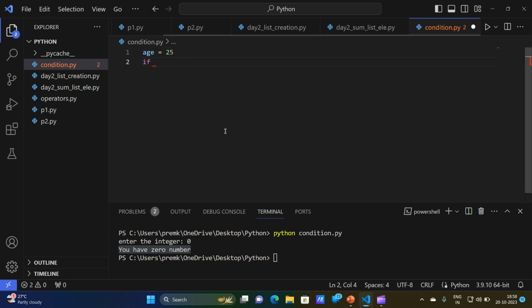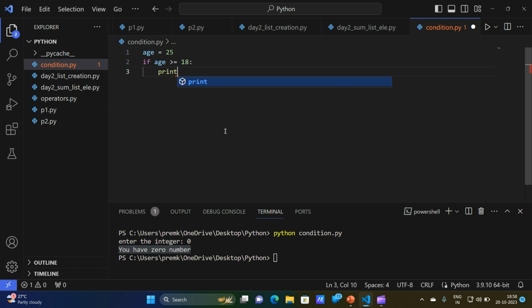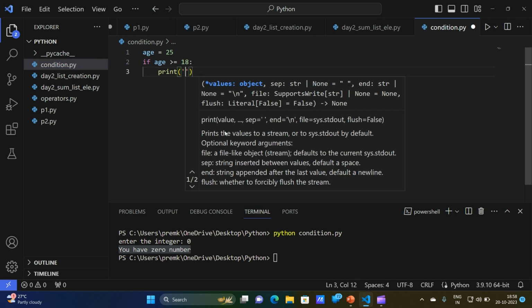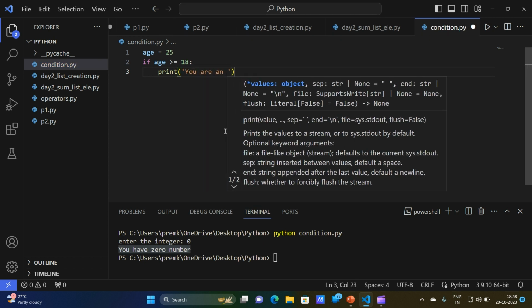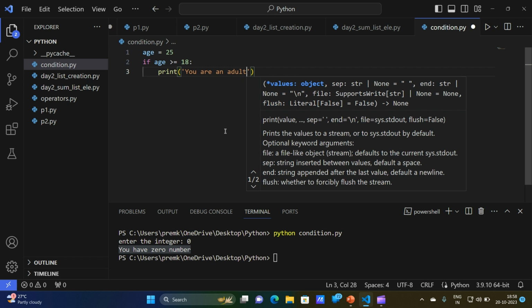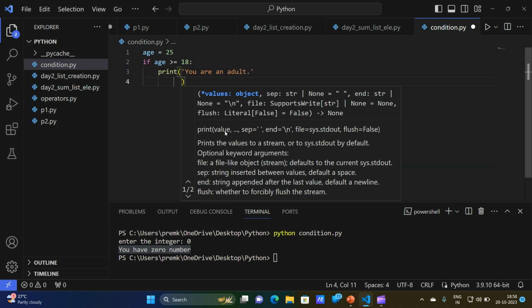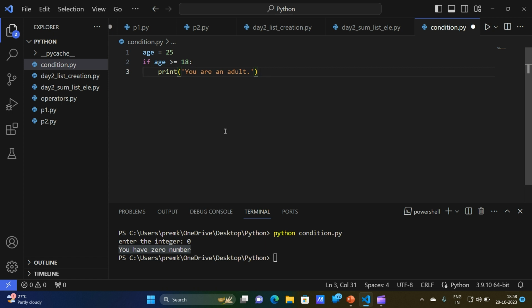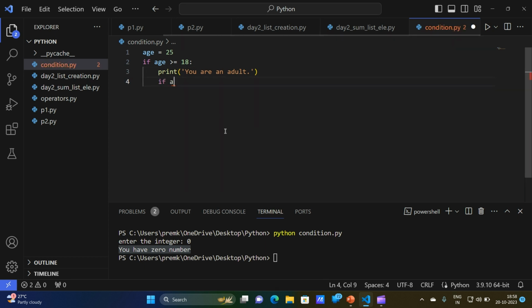I'm giving a condition: if age is greater than or equal to 18, then I want to print you are an adult. Then inside this I want to check one more condition, like if age is greater than or equal to 65,